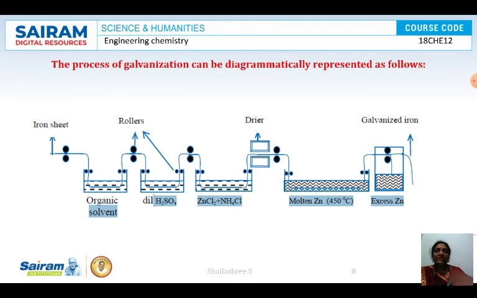Now the article is completely galvanized. Galvanized iron has wide applications in industries, because it does not get corroded, and a very shiny, attractive surface is given after the galvanization process. So it has wide applications. I think till here I am clear.